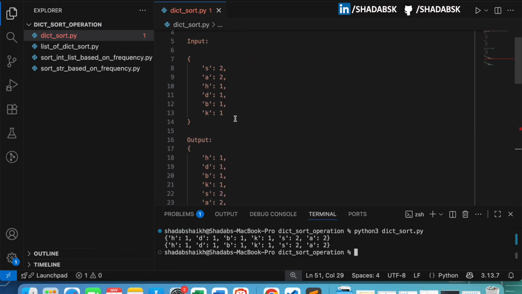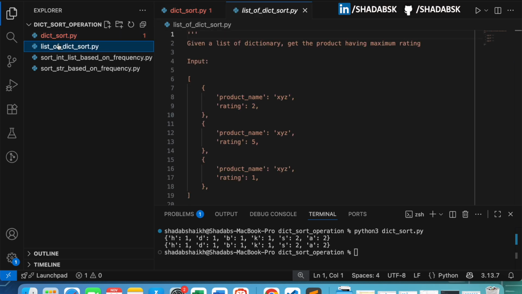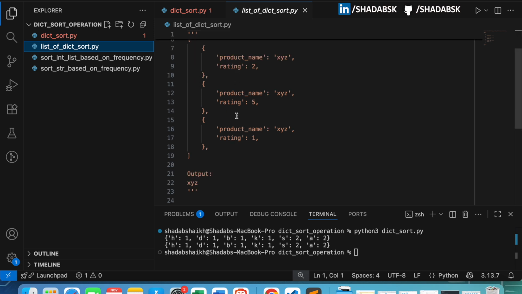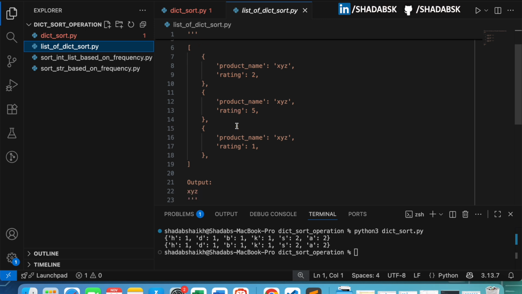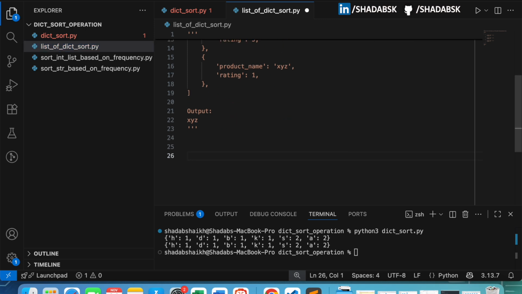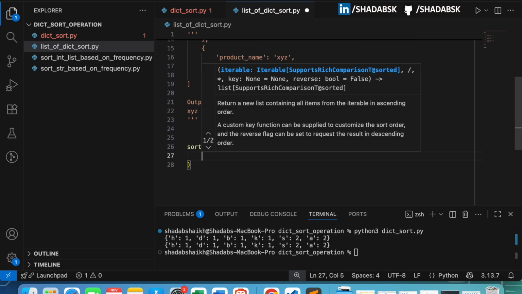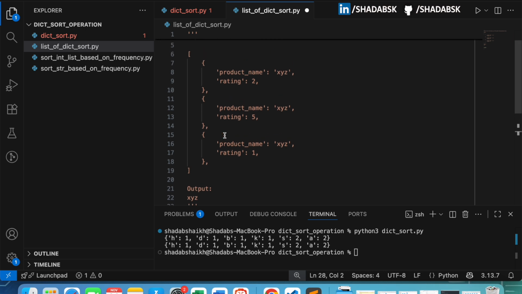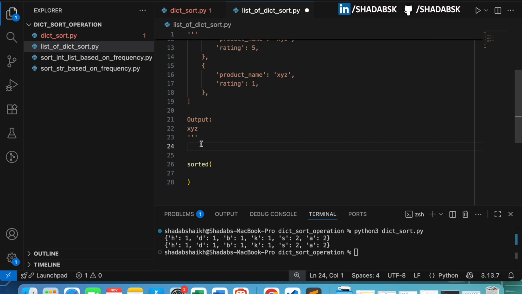So this was about sorting just a dictionary. Now consider you have an input something like this, a list of dictionaries, right? Once you sort on the basis of ratings, you need to get the highest rated product. In this case the highest rated product is xyz, that is what we want to get in return. The way we can do this is, again, we will use the sorted function. We will have this inside the input list,